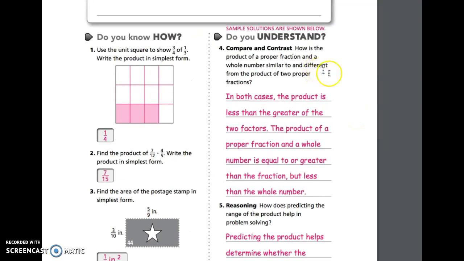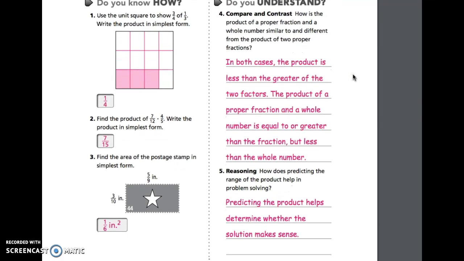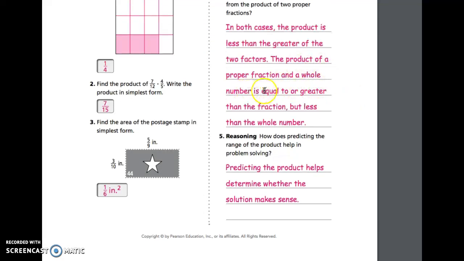All right. Number 4, how is the product of a proper fraction and whole number similar to and different from the product of two proper fractions? Well, in both cases, the product is less than the greater of the two factors, so it's always smaller. The product of a proper fraction and a whole number is equal to or greater than the original fraction, but less than the